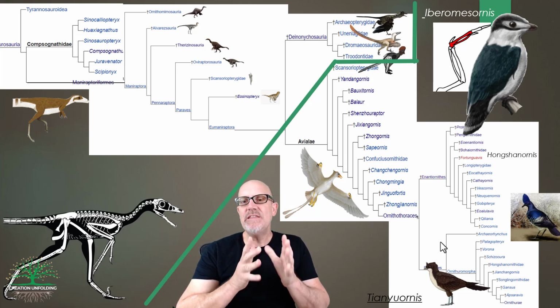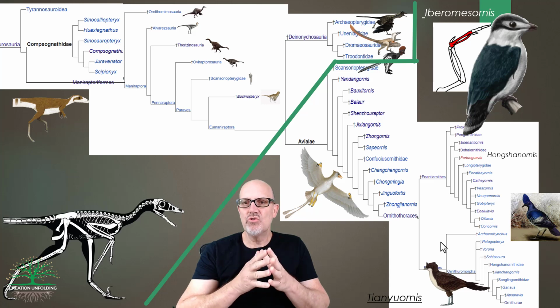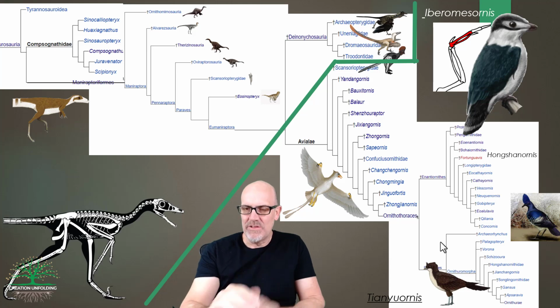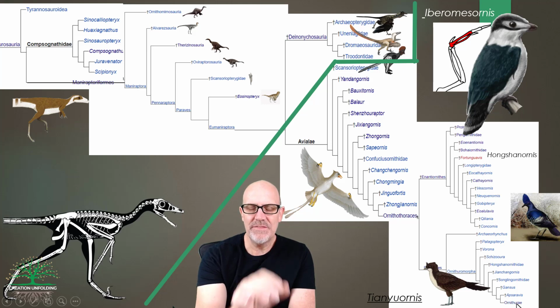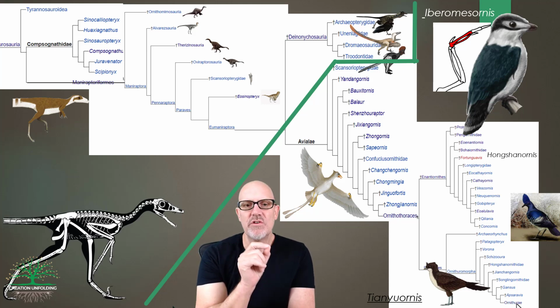Okay, so now in this group, Ornithothoraces, there are 2 groups of importance called the Enantiornithines and the Ornithuromorphs. Now in this particular cladogram, you've got a couple of other little groups before you get to Ornithurines right down here. But I am going to include all of these in the Ornithurine group, because you've got this Ornithuromorpha, and honestly I couldn't see a great deal of difference between the Ornithuromorpha and the Ornithurines. I think they're so close to each other. So for the sake of simplicity, I am going to put them all in the group.